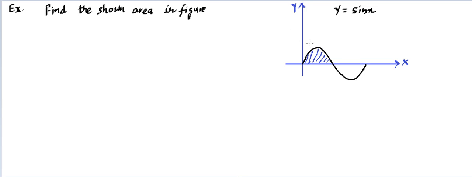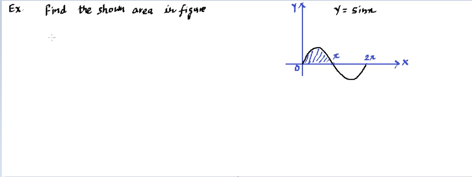We can think of this as y equal to sine x, that's a function, and if we are interested in finding this area, the limits are going to run from x equal to 0, then pi by 2, sine becomes 0 first time at pi, and similarly this is going to be 2 pi. If we need the next area, we can also calculate that. So we are simply focusing on this shaded area, and it can be written in this manner.